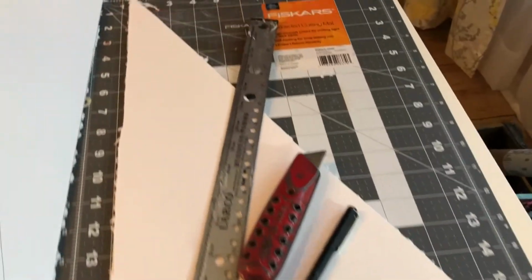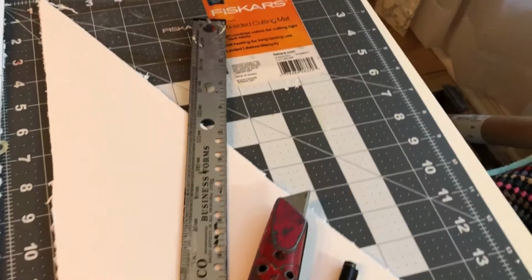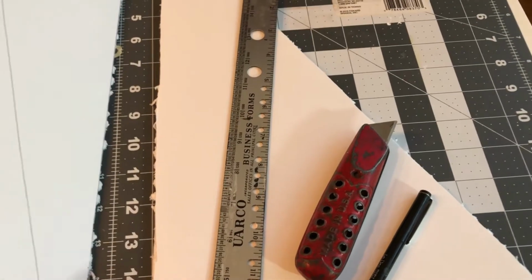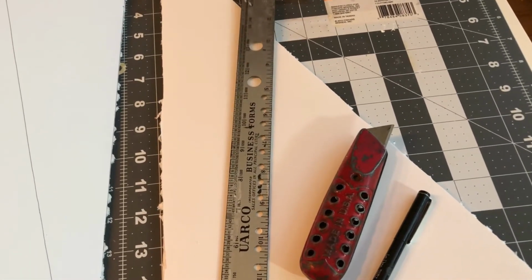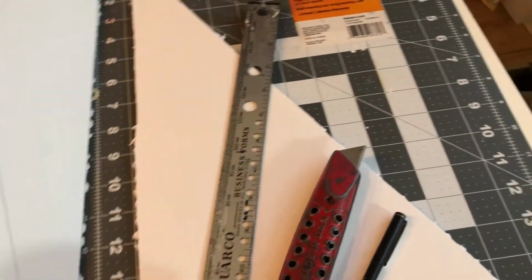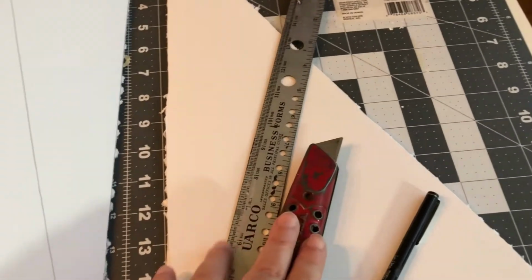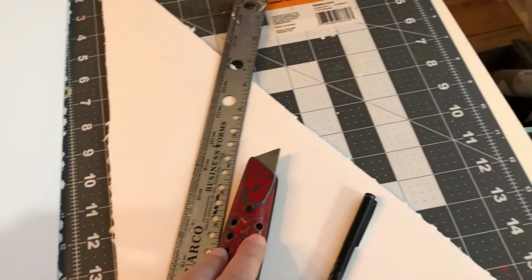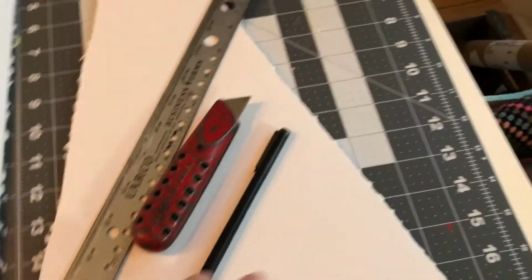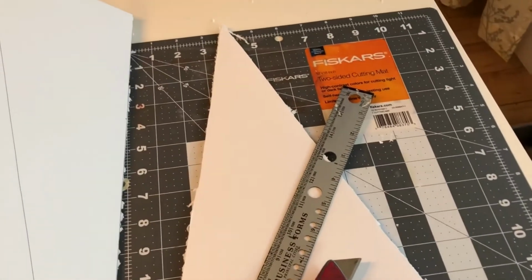Okay, I wanted to tell you the things you're going to need for this project. You're going to need foam core board, or you could use heavy cardstock or poster board, although the poster board may not stand up as well. You're going to need a metal ruler or something with a hard edge so you can use a knife to cut across it. You should not use an old-fashioned knife. Use one with a retractable blade so you don't kill yourself. A pen, and then you need a self-healing mat, something to cut on,